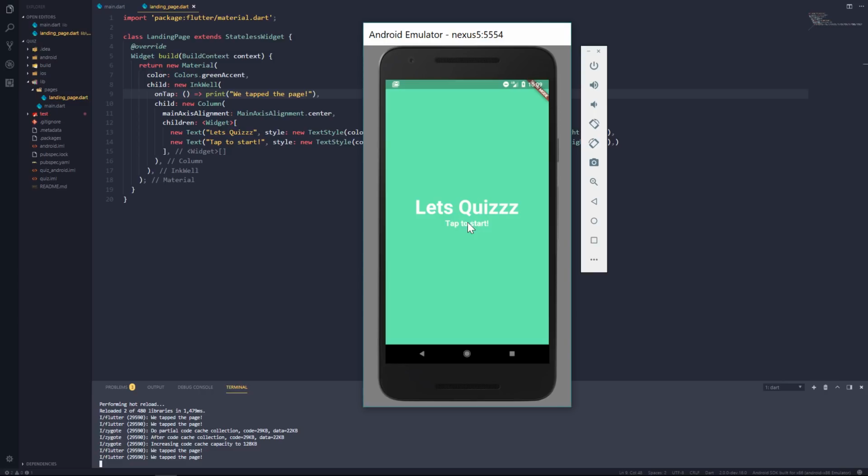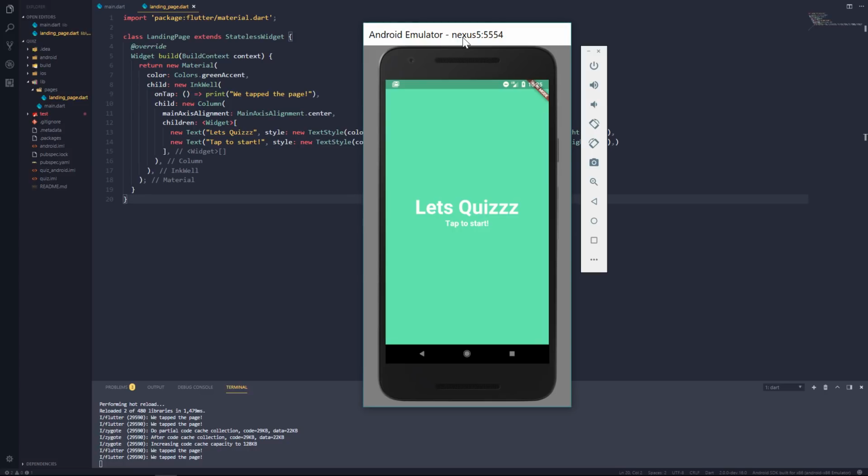We will come back to it later when we actually navigate to another page. But for now, it's done, it's finished. So congratulations, you just created your first page in Flutter. Alright, so let's now take a step back from the visuals and let's create some classes for us to use